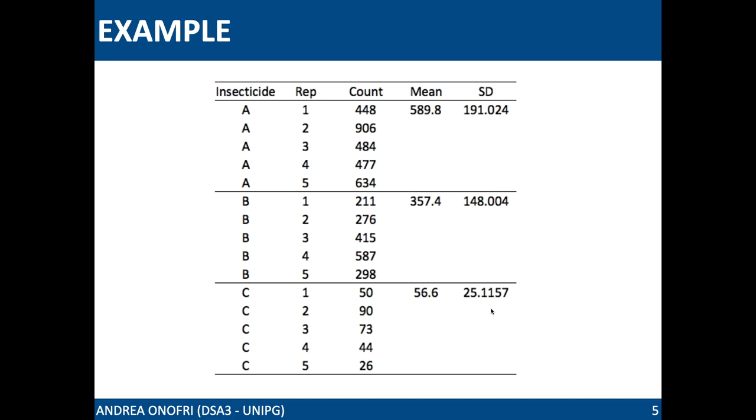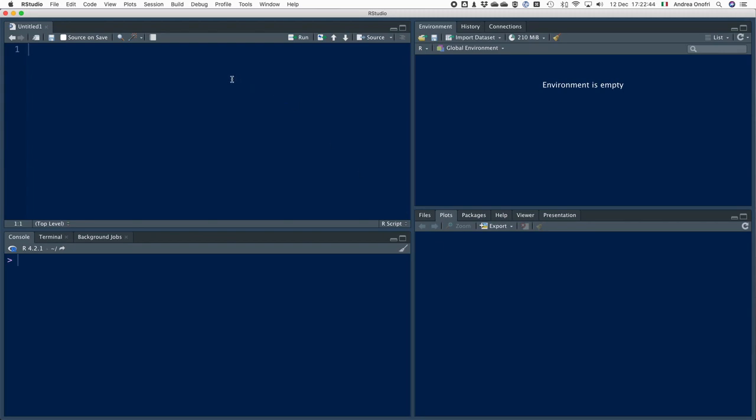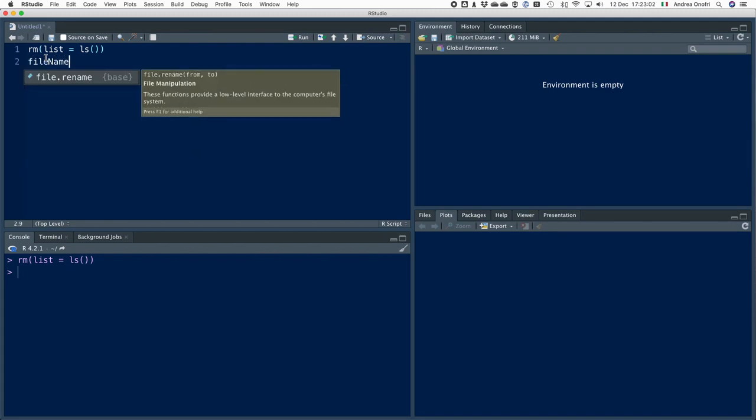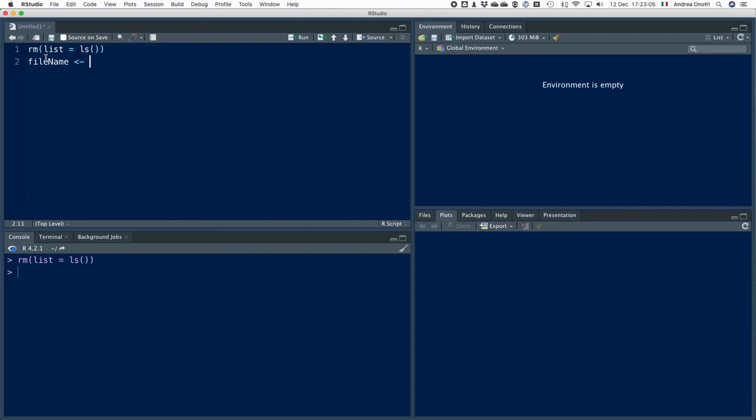So let's recap how we decide whether these data obey the basic assumptions for linear models. So we switch to R together, and then we clean everything. Basically, we don't need to clean because everything is very clean at the moment, but as a habit, I always clean my workspace. Then I load the data. So the file name, including the path, is